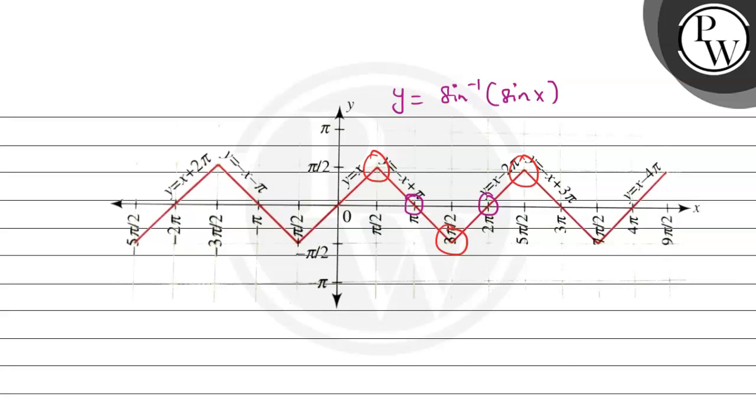See our concerned interval जो है that is open interval 0 से लेके 3 pi तक. अब उस इंटरवल में y equal to sin inverse of sin x 0 pi पे and 2 pi पे हो रहा है, एंड शार्प कॉर्नर्स pi by 2, 3 pi by 2 and 5 pi by 2 पे. तो मतलब जहाँ जहाँ पर फंक्शन साइन इनवर्स ऑफ साइन एक्स 0 हो रहा है, या जहाँ जहाँ पर शार्प कॉर्नर्स है वहाँ वहाँ हमारा ओरिजिनल फंक्शन एफ एक्स डिफरेंशिएबल नहीं होगा. सो एफ एक्स इज नॉट